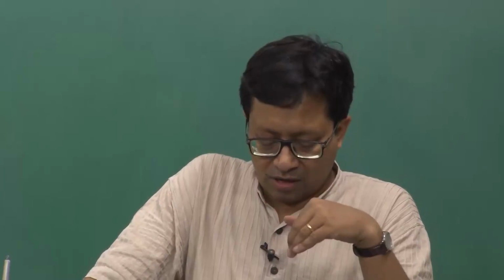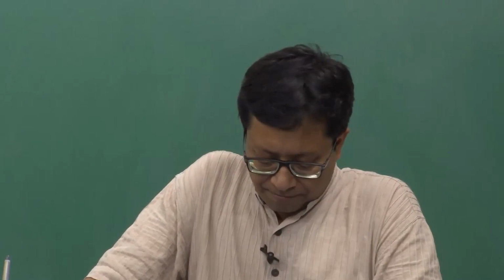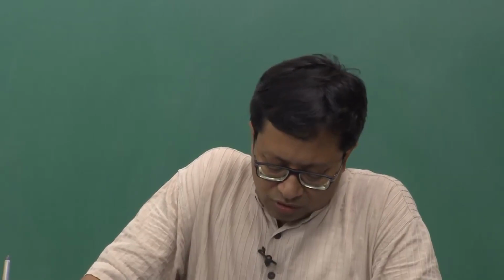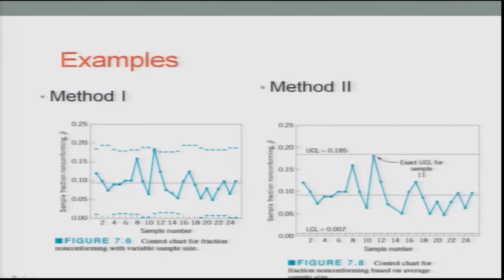So, for the problem which we just discussed, the sample fractions non-conforming are given by p hat, which is the best estimate for p, as I told, and the sample numbers are given along the x axis: 1, 2, 3, 4, and so on till the 25th one. When you chart it, the values are given as in the diagram here. I will utilize the green one, where I am highlighting, this is the chart which gives you the control charts for the fraction non-conforming